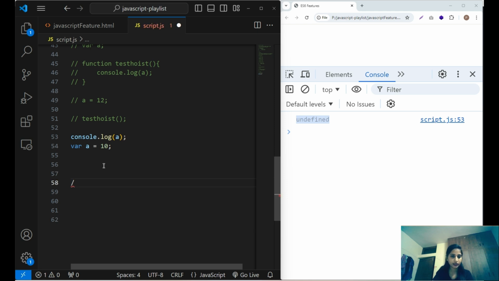So let me show you how this works with let and const.